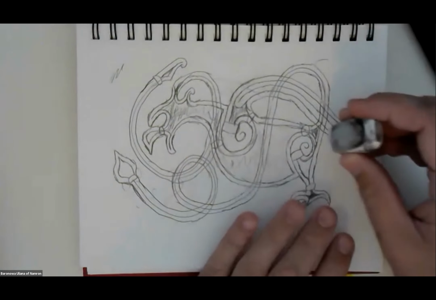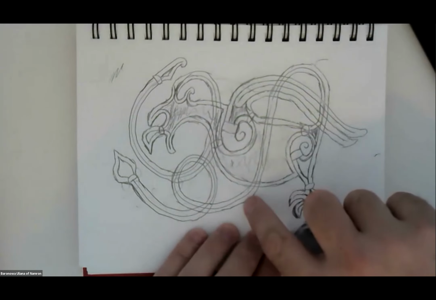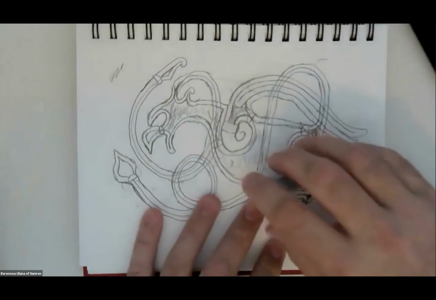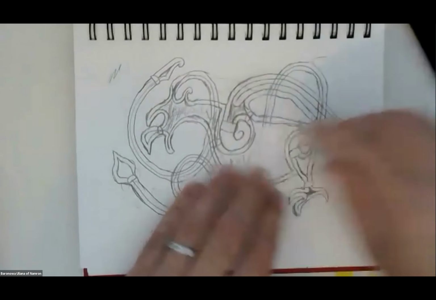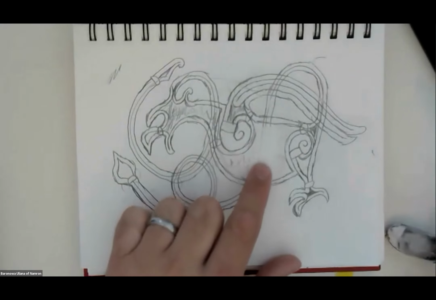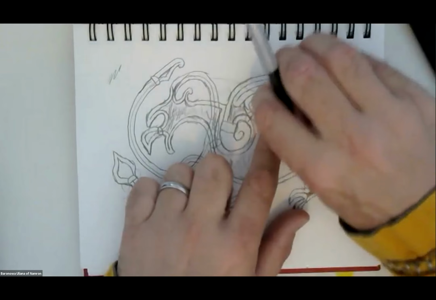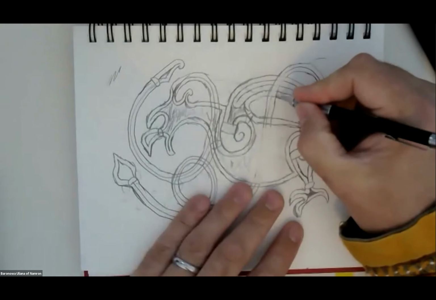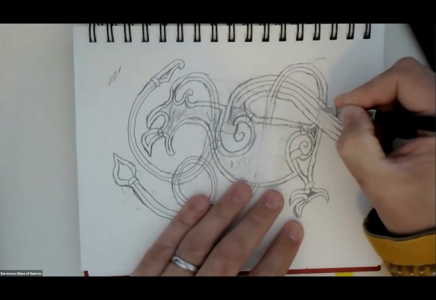Now, the next step would be to figure out where the ribbons cross and where they interlace. So I just pick one that I know I want to do. Let's say I want to make this tail go behind the body. I'll start there, and we'll follow it. The tail goes under the body. That means it's going to go over the wings here and under the wings here. So it goes over and then here, I just erase and draw these back in